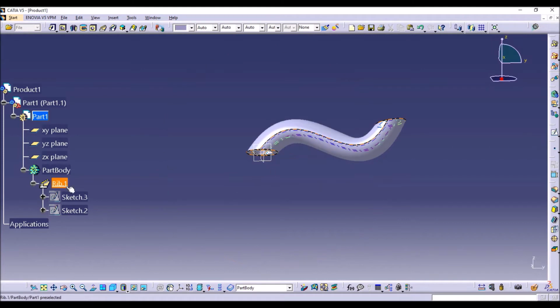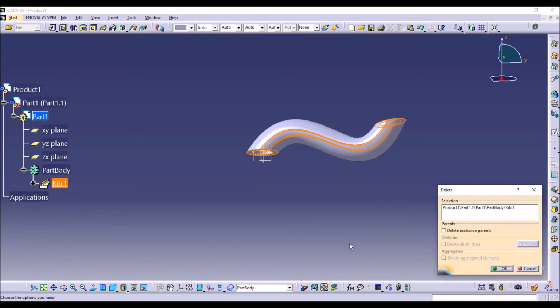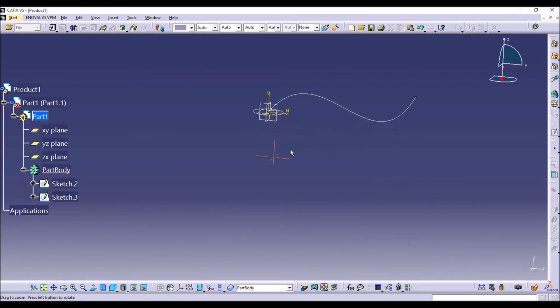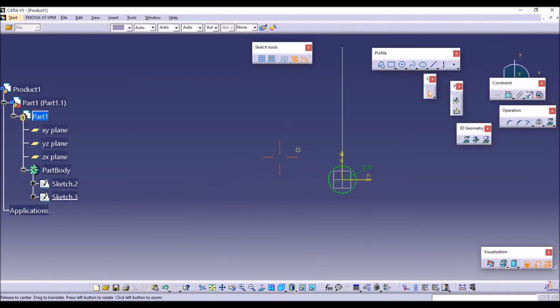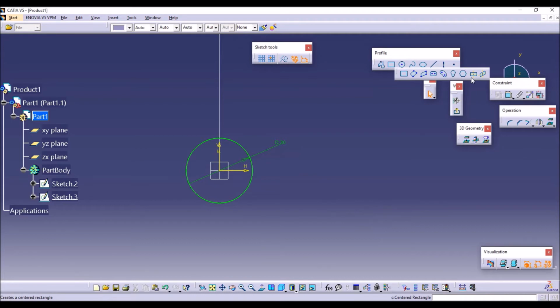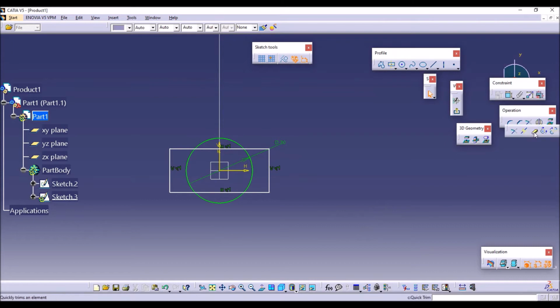Suppose I am deleting this rib, but I am keeping the sketches as they are. Now I am going to this profile, that is the circle profile, and I am going to draw a profile like this. I am just removing the unwanted portions.